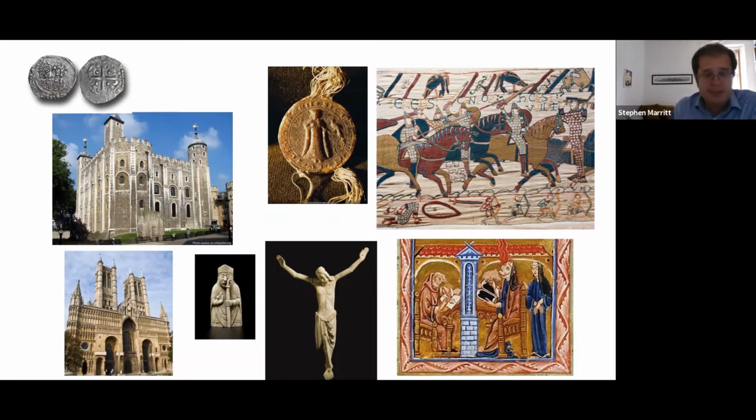Again, another good example, if you look at the bottom left, you can see this is Lincoln Cathedral in England, a classic Norman conquest cathedral. One of the key themes of the church I've noticed in the higher course spec is the church and politics and government. The Norman bit of this is the west front of Lincoln. It looks across the square from the castle. So when the Normans conquered Lincoln, they built a castle on one side on top of the hill and the cathedral on the other side.